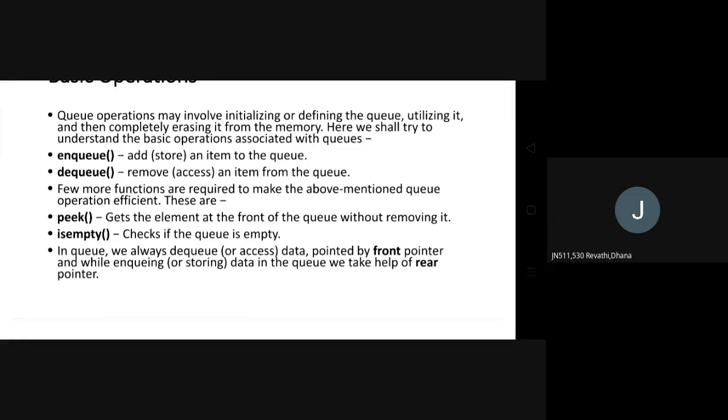Just one time, let me check if I can still connect with this. Yeah, now it is working.